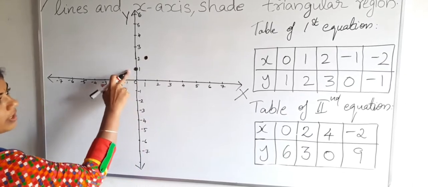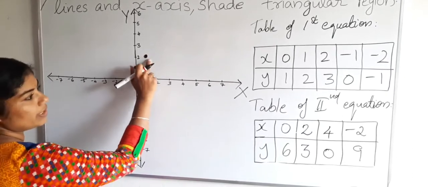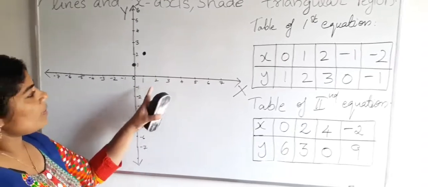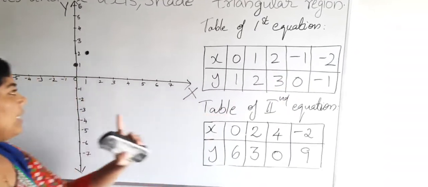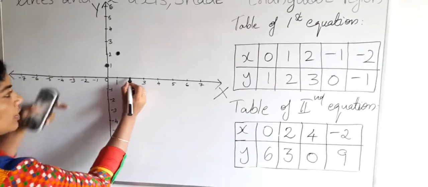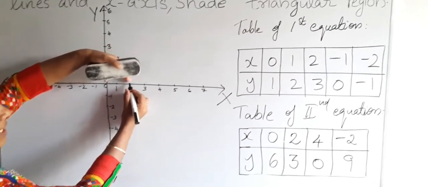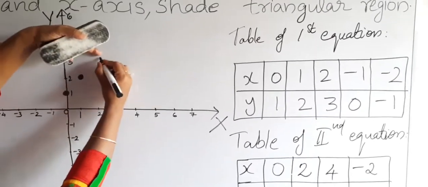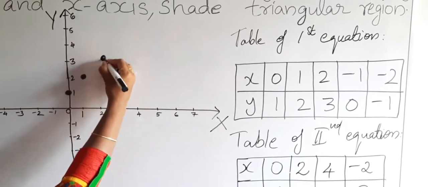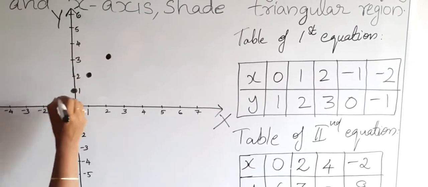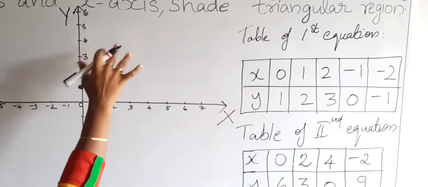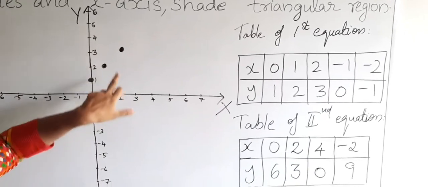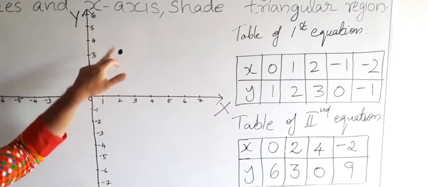When x equal to 0, y equal to 1. When x equal to 1, y equal to 2. Next is when x equal to 2, y equal to 3. Again the positive value is our answer. Moving up. Here 3. The next point we marked. Mark each point clearly. When x equal to 2, y equal to 3.